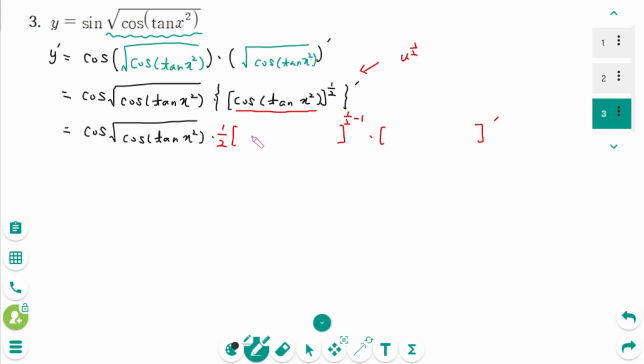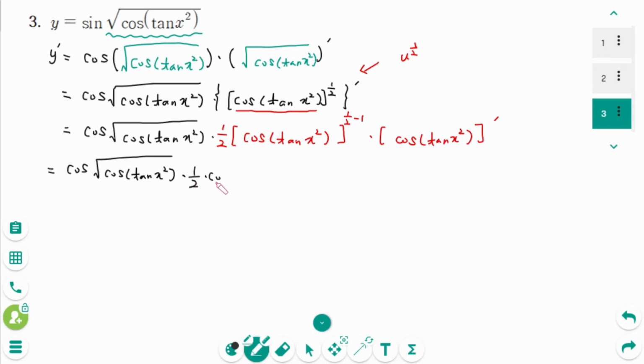Then the inner function is cosine tangent x squared, cosine of tangent x squared, equals cosine square root of cosine of tangent x squared times 1 over 2 cosine of